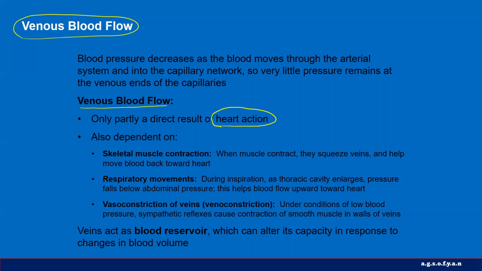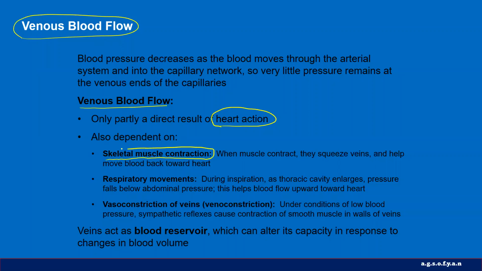At the end, the vena cava will get about zero pressure from the heart action. So therefore, in addition, mostly the blood flow in the veins is coming from the skeletal muscle